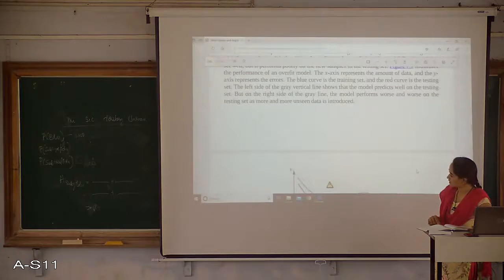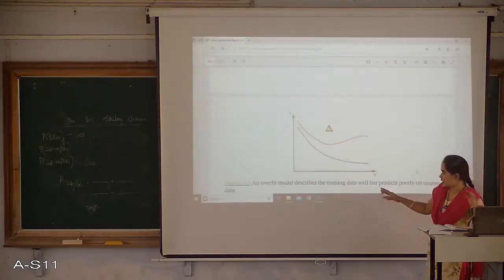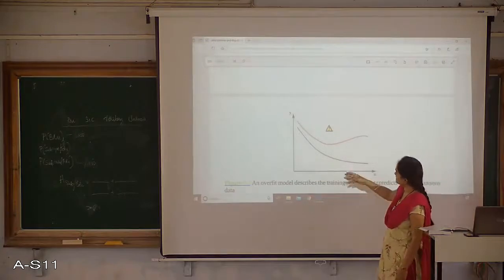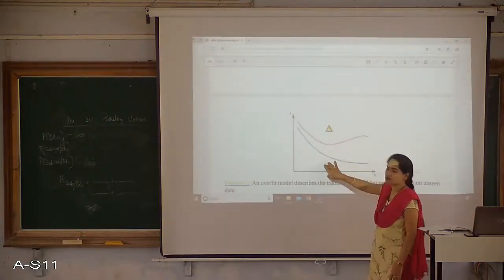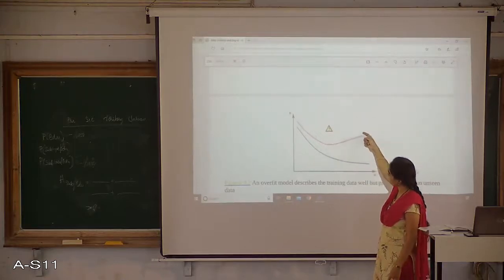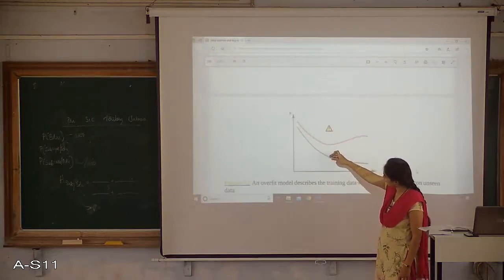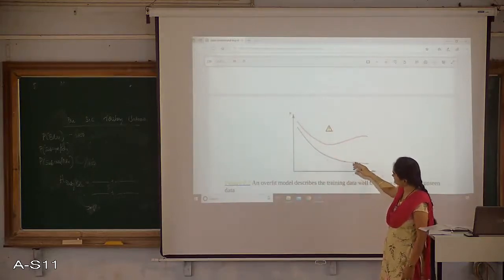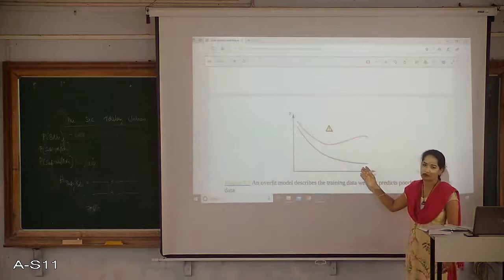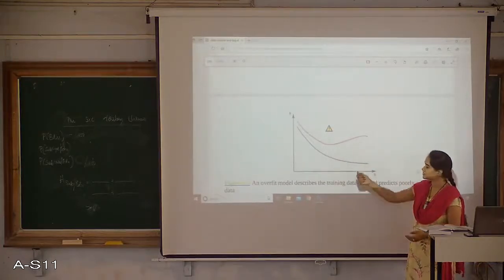So here, an overfitting model can be described like this: I have some threshold value, I have some training data, and this is test data. The training data is giving some values, and till here it is fine. If it goes beyond that, it takes more condition checks to make a decision.